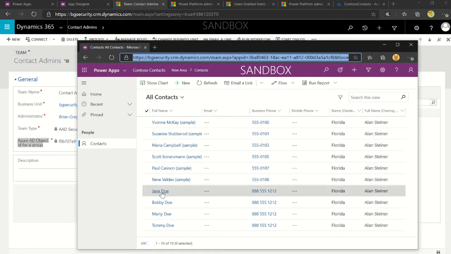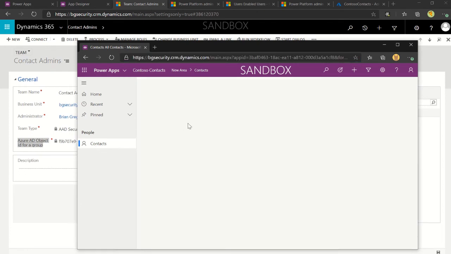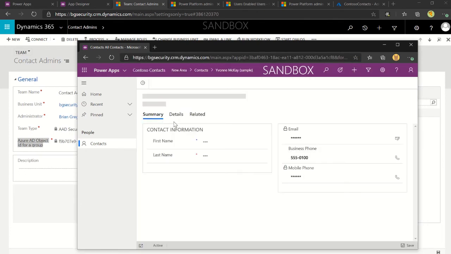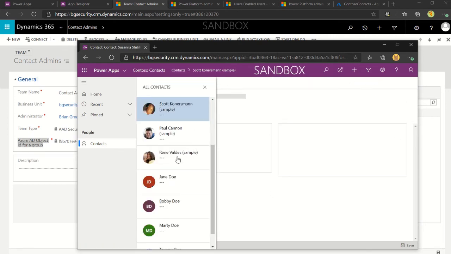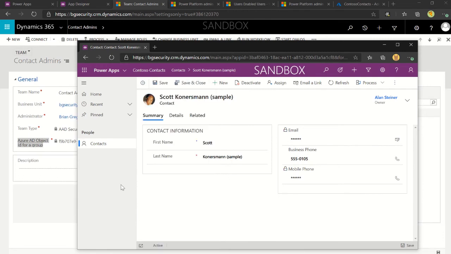So let's take a look real quick. Here's Alan. He's already had access to the application. You can see he's only seeing his own records. He can go into the records, see the data, and manipulate around, go through the different records that he needs